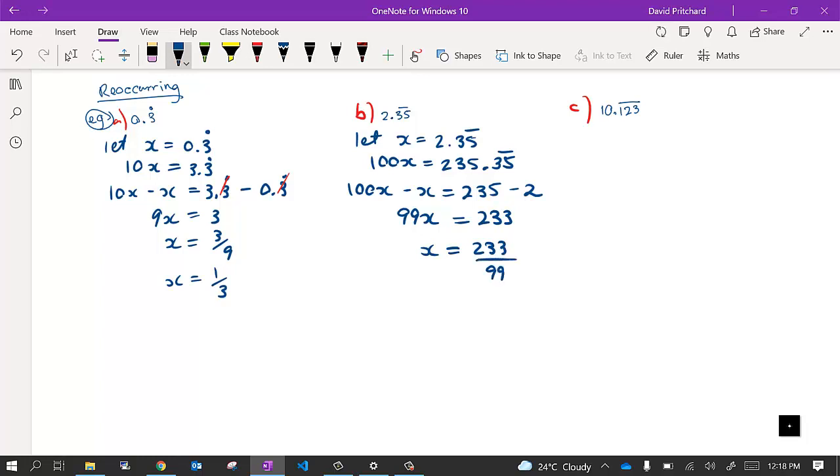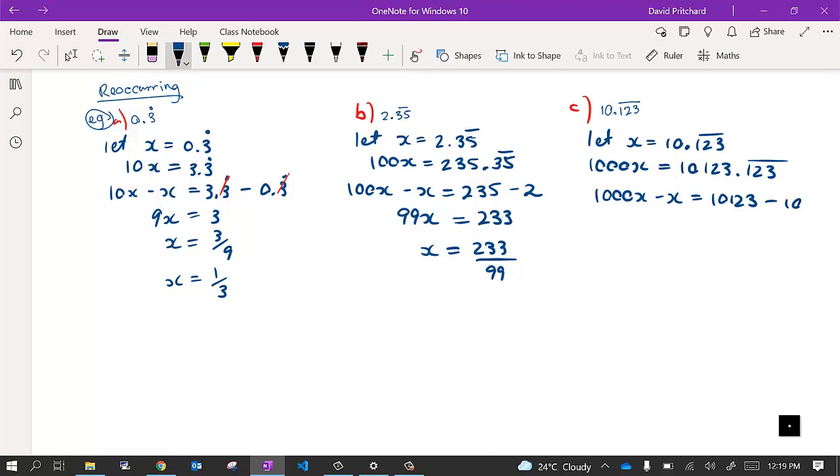Now last example is we've got 10.123. So we can let x equal 10.123, where 123 is recurring. 1000x is 10.123.123 recurring, and therefore 1000x subtract x cancels out the decimal component, and we've got 10.123 subtract 10. So 999x is